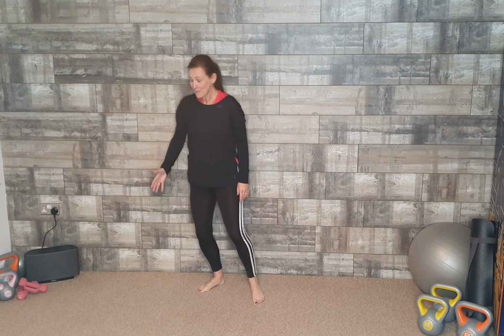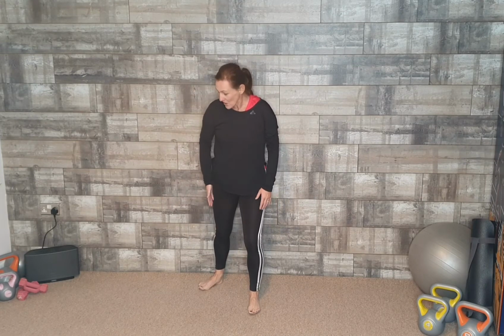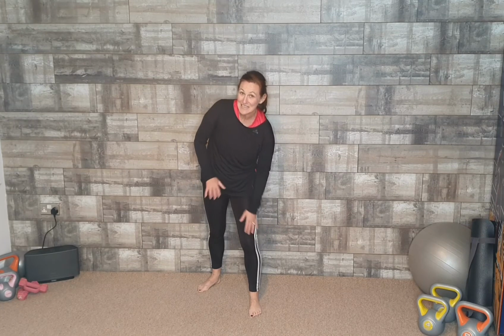And then this time I'm going to stretch high, all the way up to the ceiling and opening out and all the way down. We're going to move on to our bow stance here. So keeping it small, we've got our back foot pointing to 45-degree angle and our front foot pointing forwards. Keeping an eye on this knee, we want it to be able to see our toe, so we're not moving the knee too far forward,